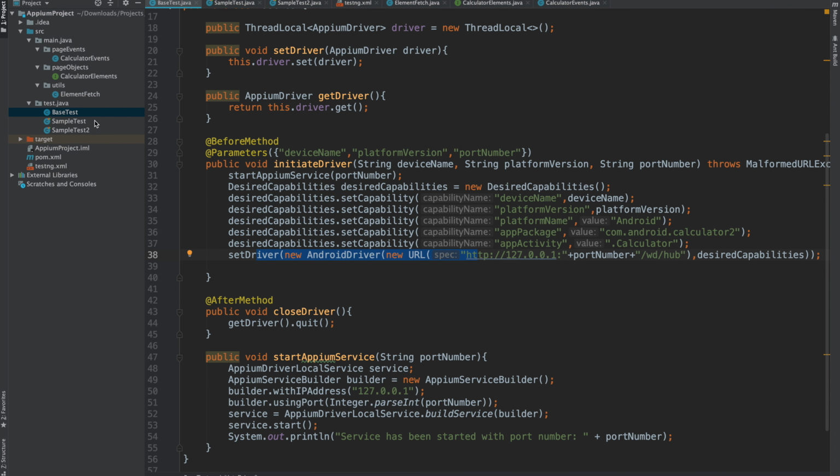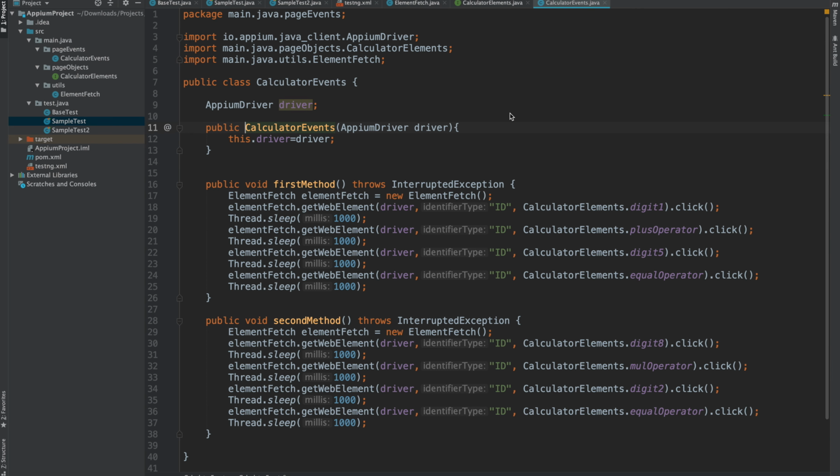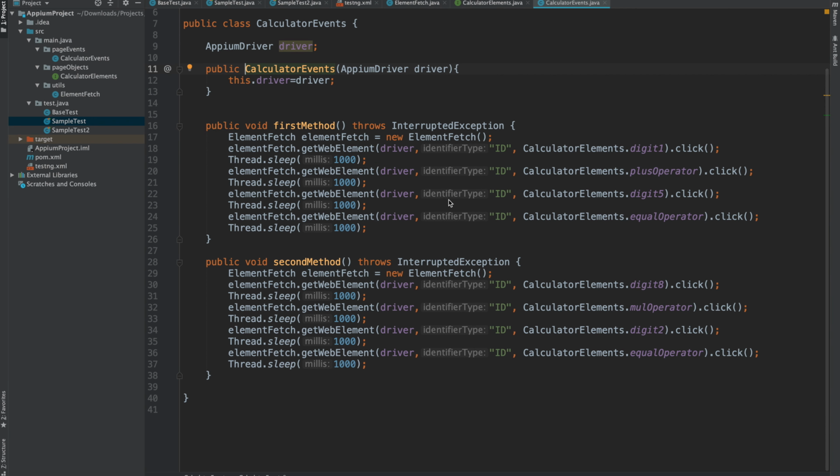Then we have the sample test and the sample test 2 class inside which we are basically calling the method. So we are calling the first method here and we are sending the driver which we are setting up in the base test onto the calculator event class, inside which we have the 2 methods, first and the second, in which we have written the logic to operate on the digits which are present on the calculator app.